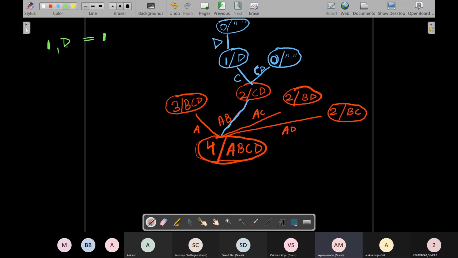If we have zero persons, what is the total number of ways? This is our base condition. If we have zero, then also there is one way. We can do nothing. So if we have two,